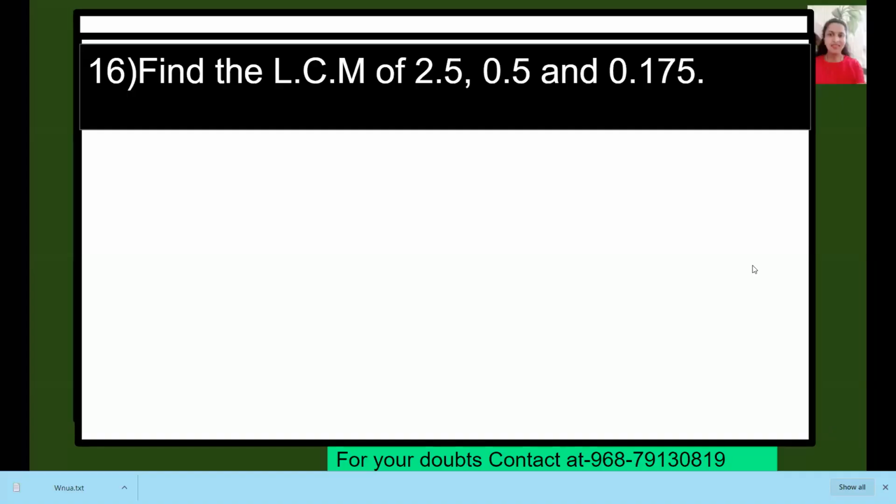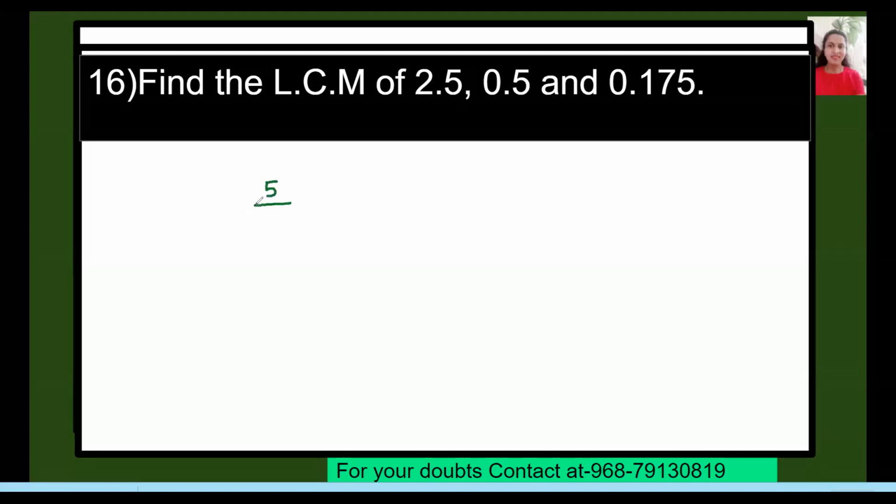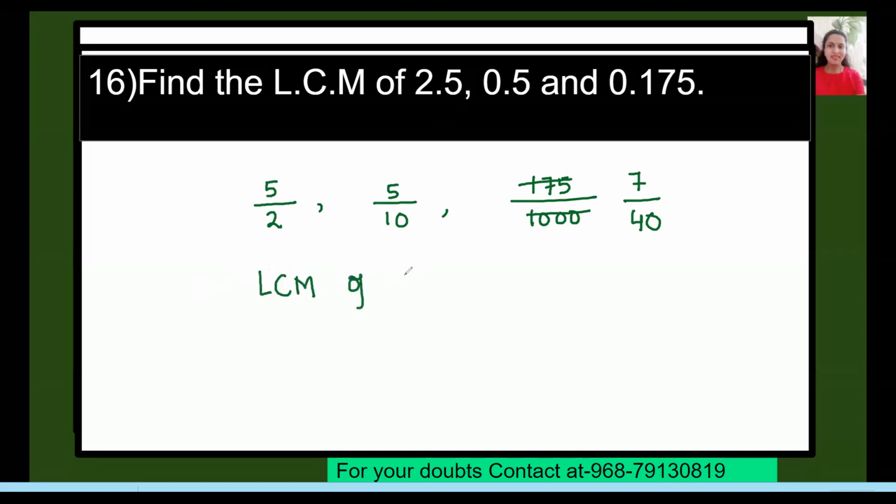So here, whenever we have decimals, what we need to do? First we convert the decimals into fractions. So 5 by 2, 5 by 10 and 175 by 1000. If you are going to reduce this 175 by 1000, how much will you get? 7 out of 40. So the formula says LCM of fraction